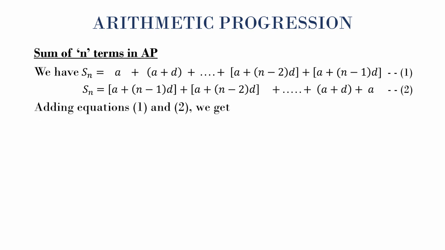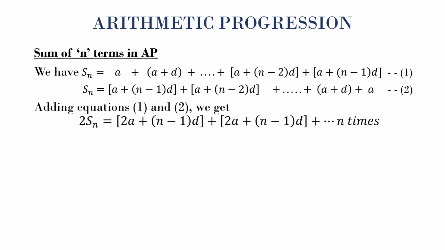Now adding the two equations, we get 2 into Sn equal to, here add A to A plus n minus 1 into D, that is the first term A in equation 1 to the first term of second equation A plus n minus 1 into D, we get 2A plus n minus 1 into D. In the same way, the second term is A plus D in first equation, and in second equation it is A plus n minus 2 into D. So here 1D gets cancelled, so we get again 2A plus n minus 1 into D. In the same way, till the last term,